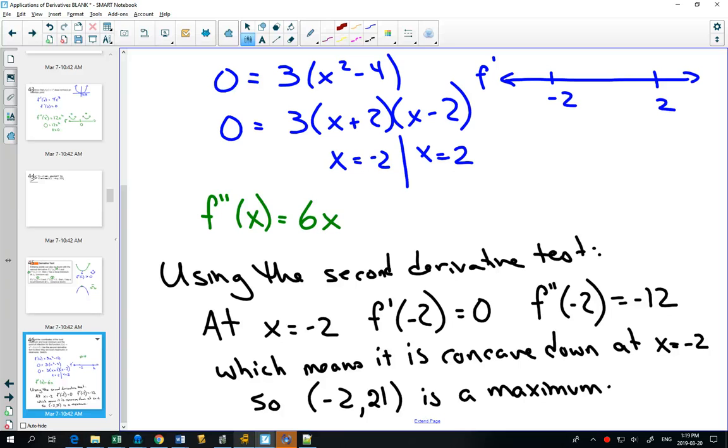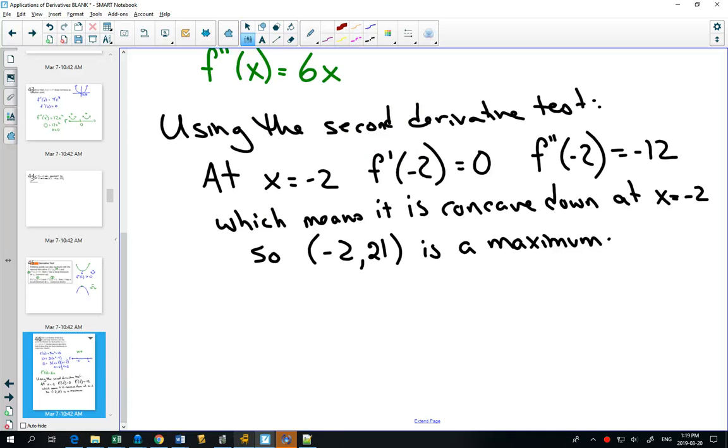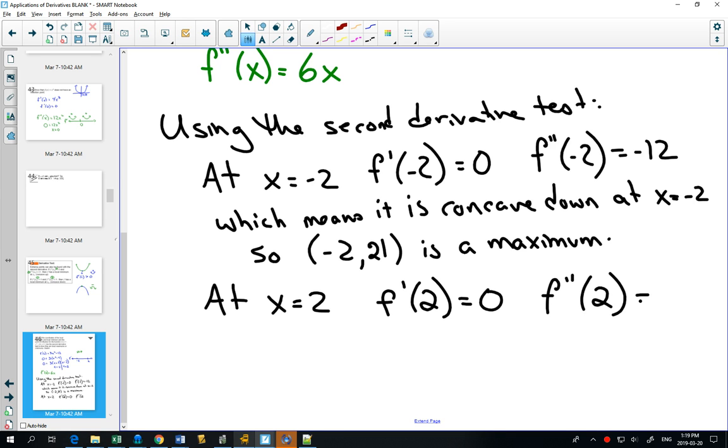Most often, though, when we do our curve sketching, we do our first derivative test naturally as part of the graph, and so we almost always skip the second derivative test. So let's finish the second derivative test, because we just found out one point was a maximum. The other value at x equals 2, we know that f prime of 2 is equal to 0, and f double prime of 2 would equal positive 12, which means